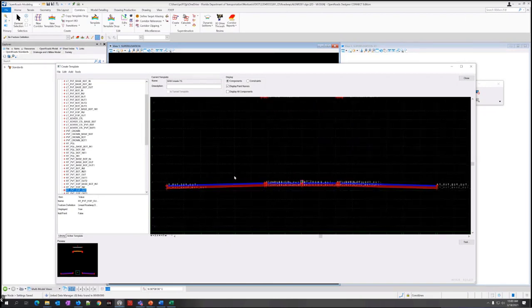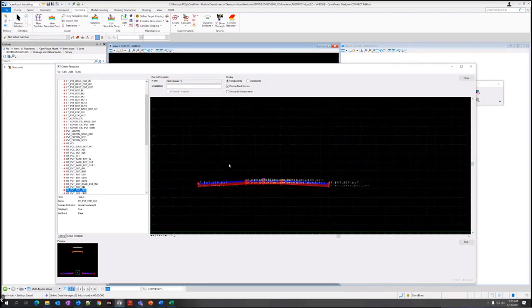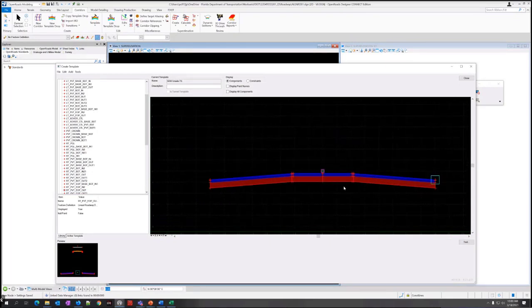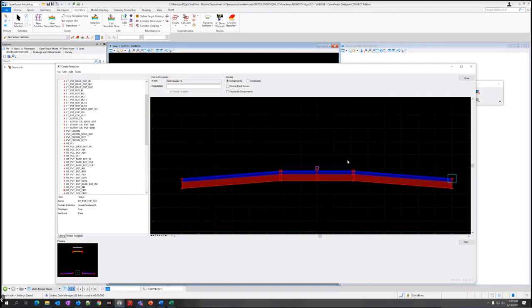So for this one, turn off the point name so you can see the points a little bit cleaner here. Zoom in a little bit. So you can see it's going to have essentially 4 super elevation lanes for the main line. 1, 2, 3, 4. So go back to the super elevation points, turn those on so you can see that nice and clear. So between each super elevation flag sets.